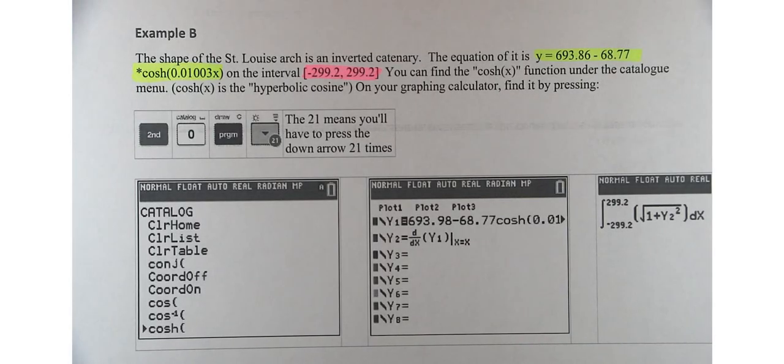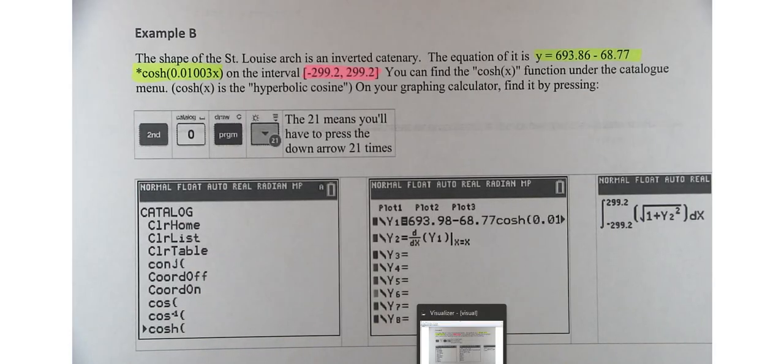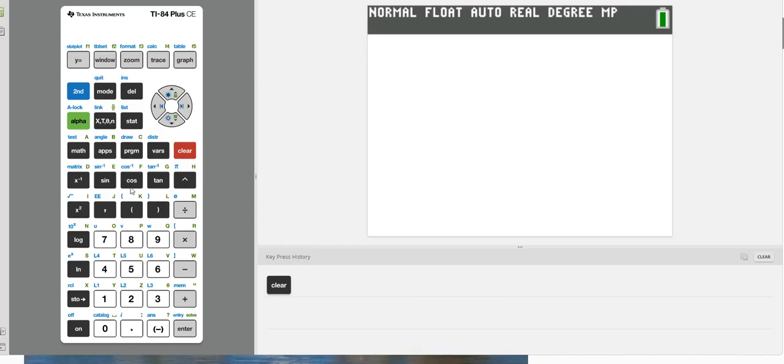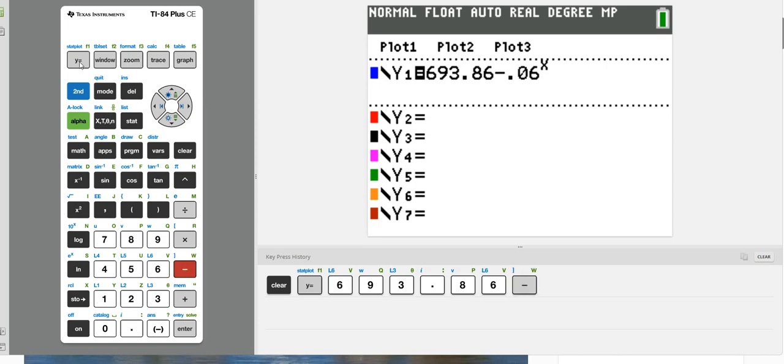So the first thing I'm going to do is type in the function. That function is going to be 693.86 minus 68.77 times hyperbolic cosine. Now, in case you forget, I've got a little thing here on our sheet